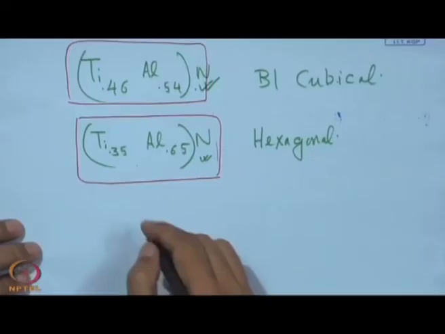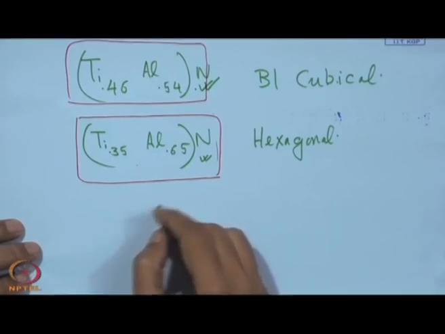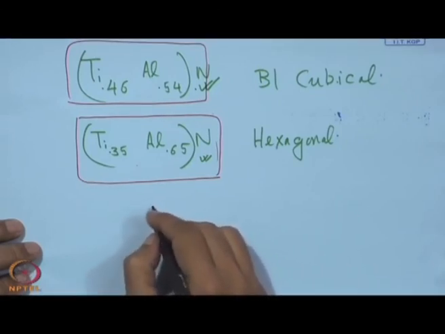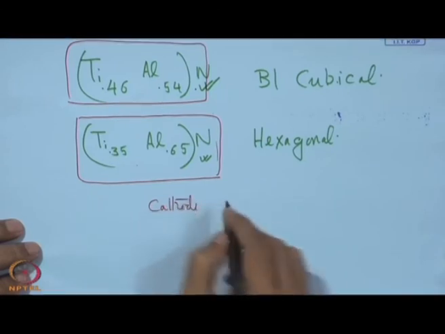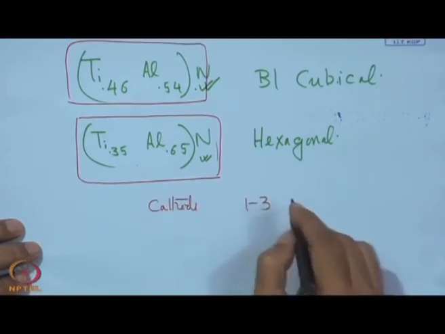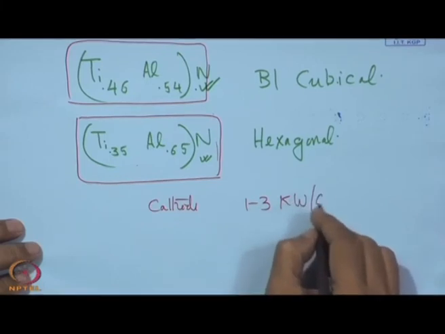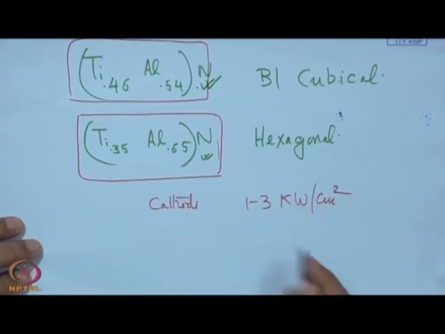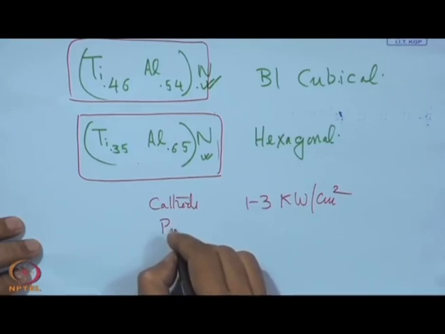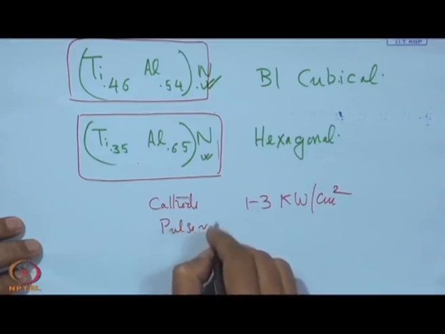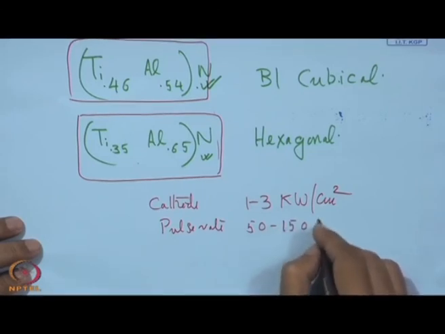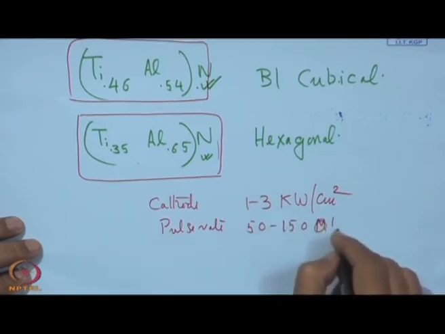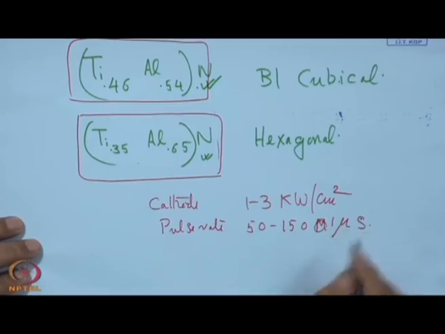So, in this case, what we see is that the cathode power density is actually 123 kilowatt per centimeter square, and the pulse width is 50 to 150 microsecond, and cathode voltage